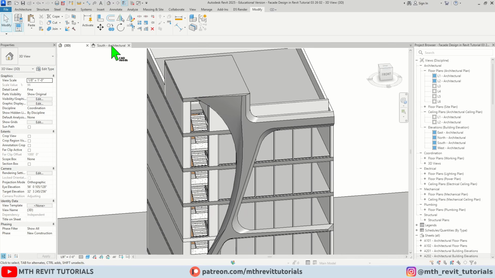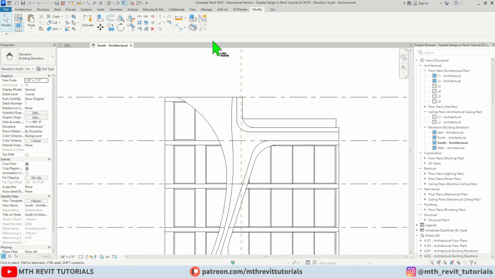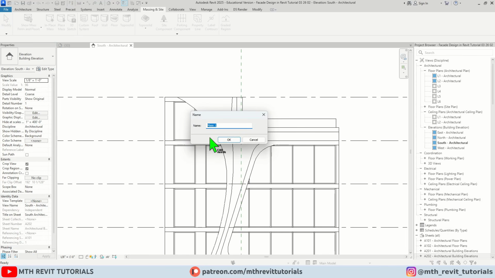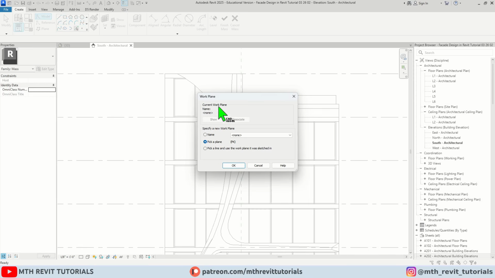So let's go to the south elevation again, and I'm going to go to massing inside. First, we need to click this show mass button, and then in-place mass. Let's click OK. Now we can create a profile. So I'm going to use pick lines, and again we got this dialog box. Just